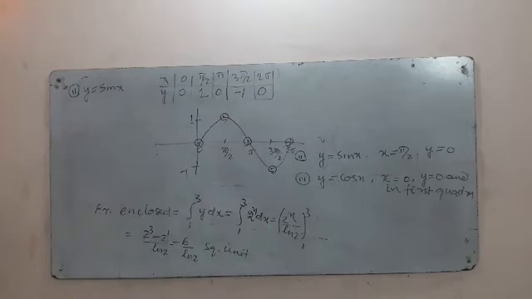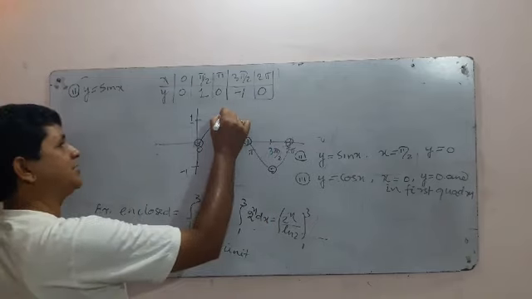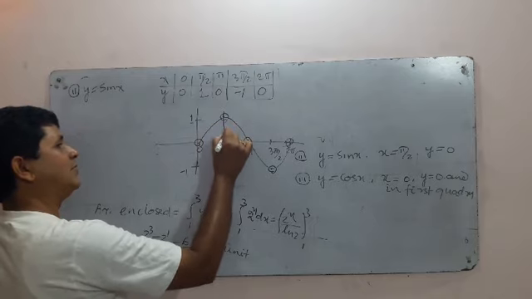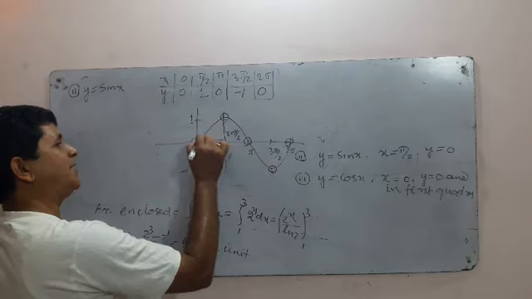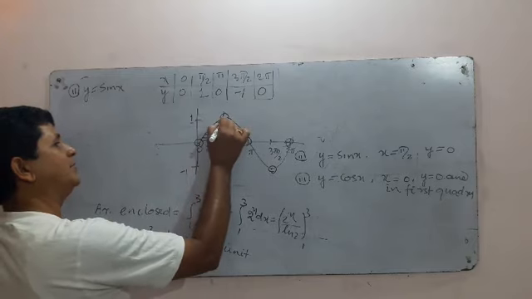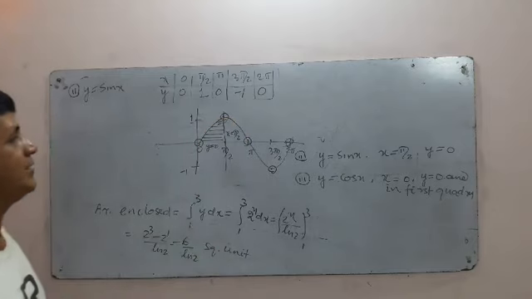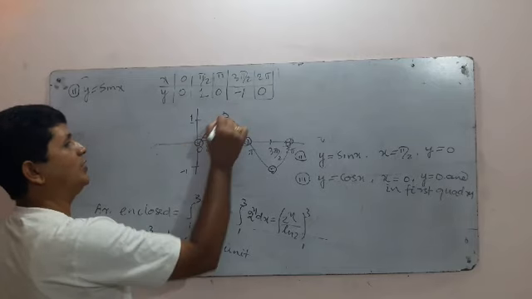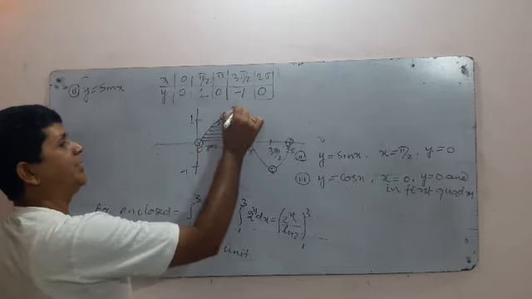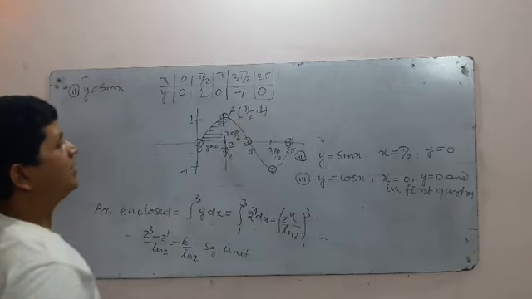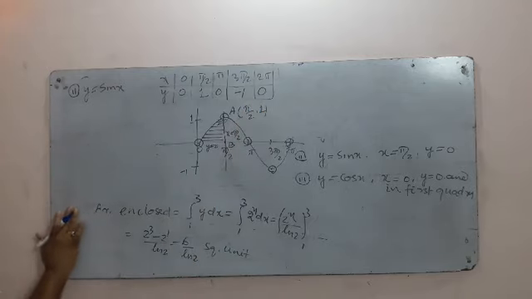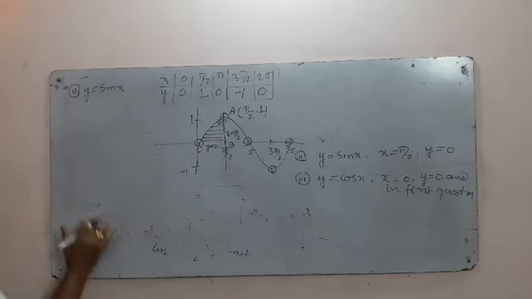Right. Next, what is x is equal to pi by 2? This is x is equal to pi by 2. And this is y equal to 0. So this part of area is to be determined. What is the coordinate of this point? This is O, A, B. A point coordinate is pi by 2, 1. So area of AOB, second bit, area enclosed by AOB.